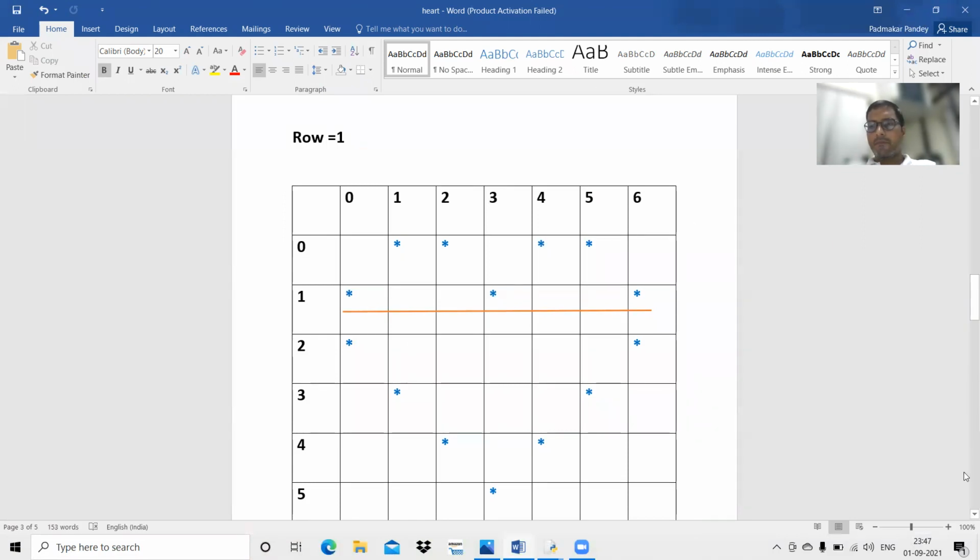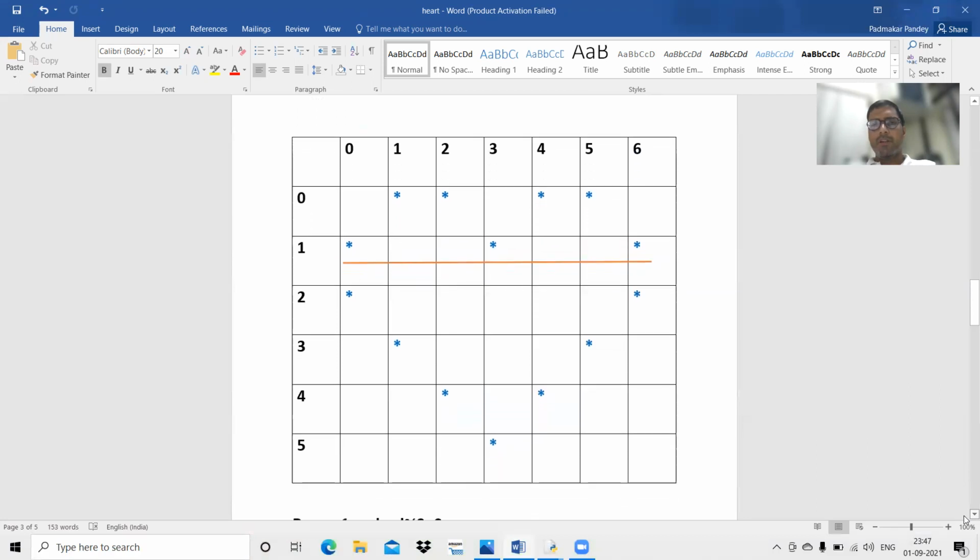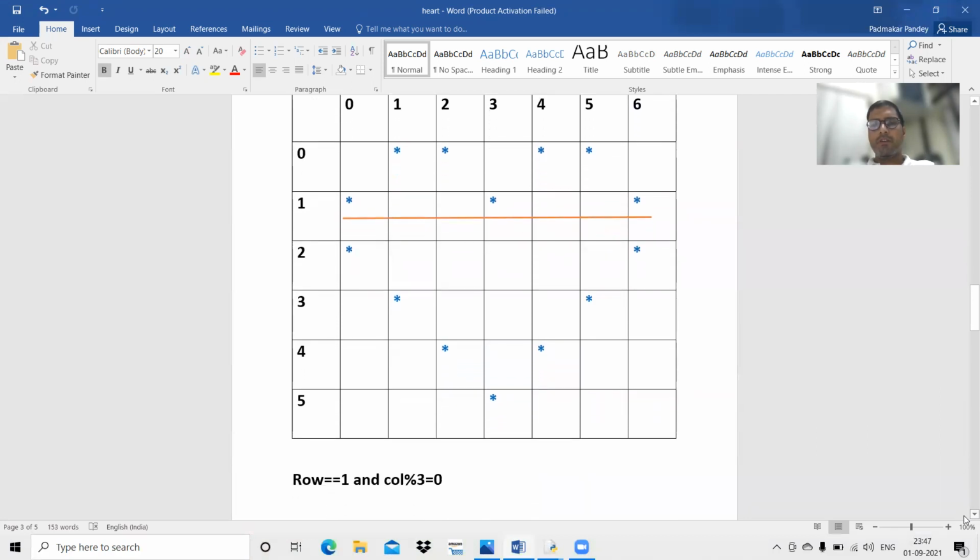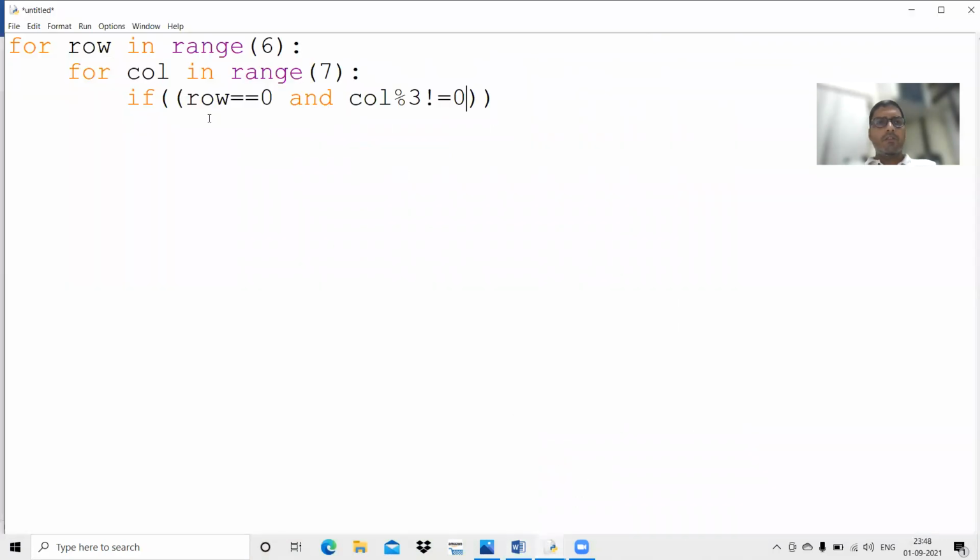Okay, so it can be done like this. Row is equal to 1 and column remainder 3 is equal to 0, then we want a star. So this is for the first row, this is for the second row.